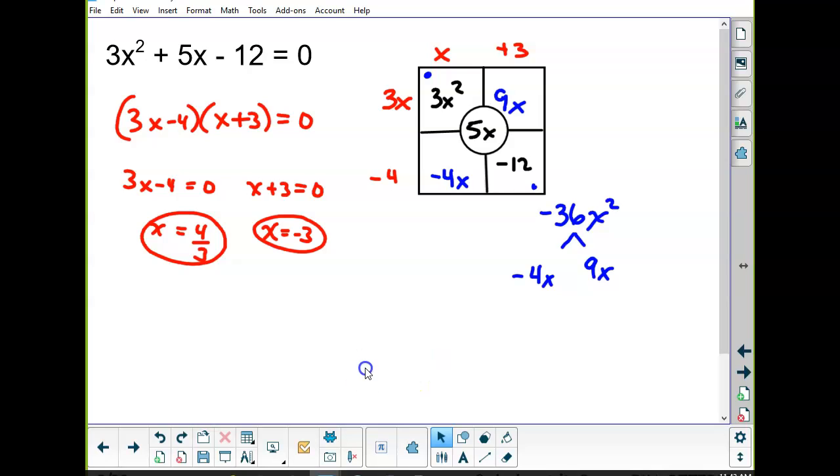Question was, how did we get negative 36? So where did that negative 36 come from? When we do this method of factoring,